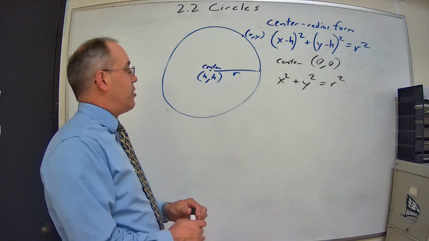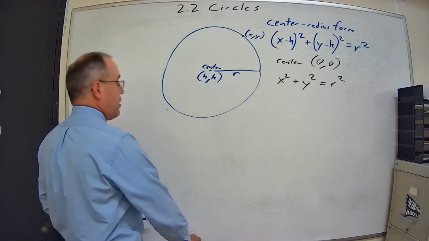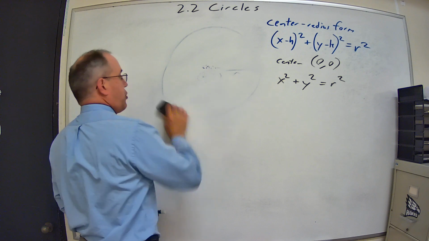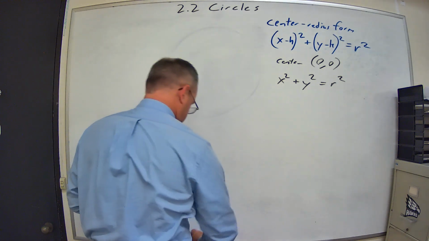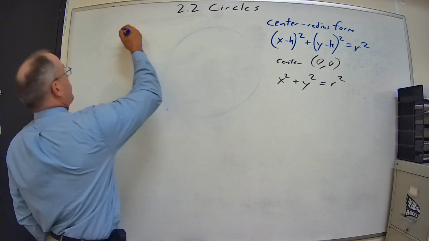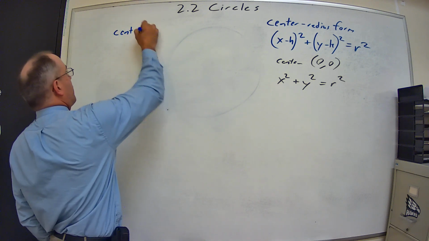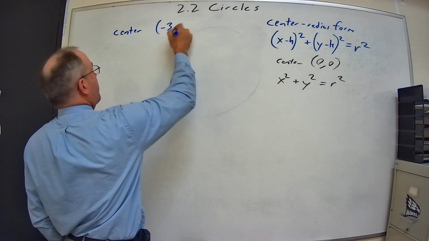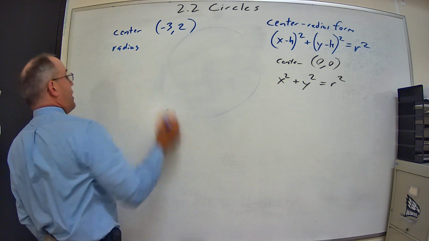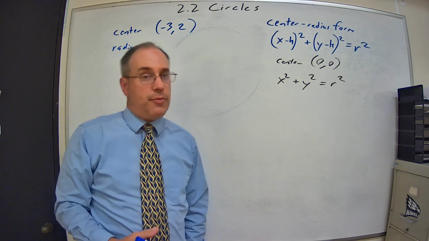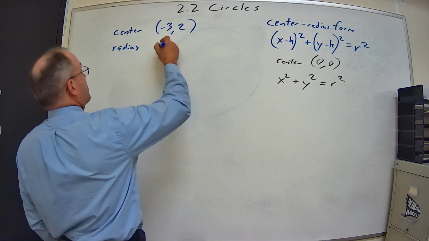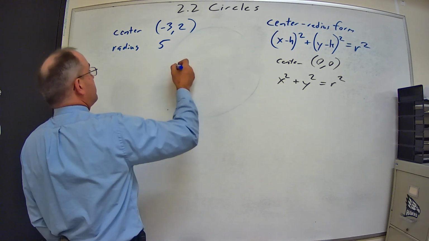What if it's not at the origin? Well, let's try an example. I'm going to get this out of the way. We don't need that. But we're going to keep those equations off to the side. If we have a circle with a center at negative 3, 2, and a radius, and I will point out that the radius always has to be greater than 0, a radius of 5,